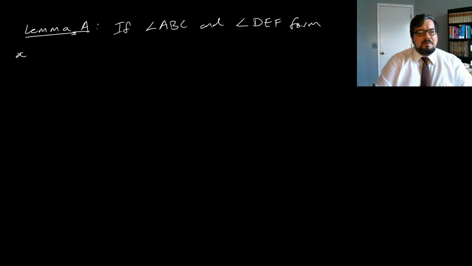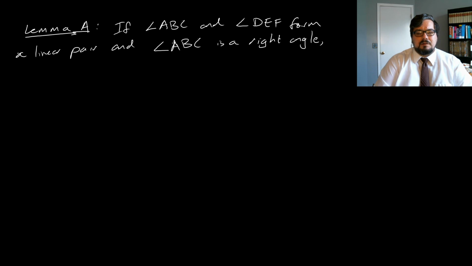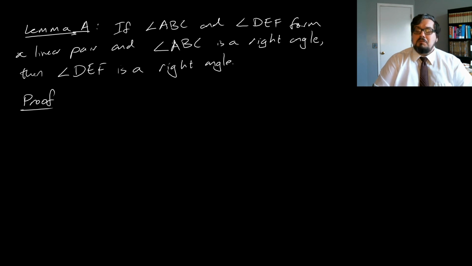Lemma A says that if angle ABC and angle DEF form a linear pair and angle ABC is a right angle, then angle DEF is a right angle. So the proof is not difficult. Since angle ABC is a right angle,